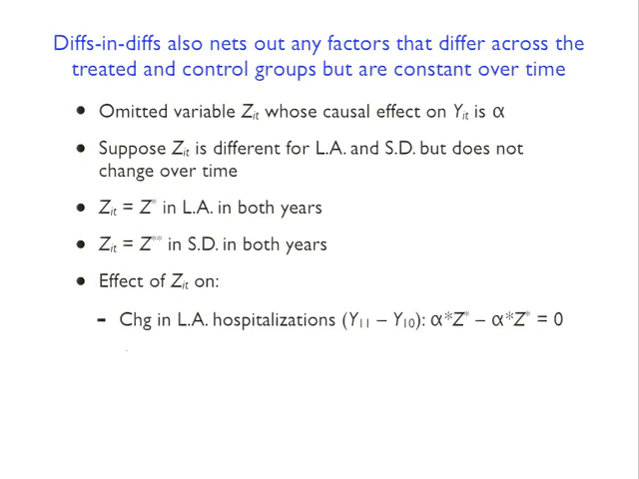Likewise, in San Diego, it's the same story, but now it's alpha times Z star star instead of alpha times Z star. But again, since traffic is the same in San Diego in both 2009 and 2010, it's contributing the same to both of these quantities, both Y01 and Y00. And so it again nets out when you take the difference between the 2010 outcome for San Diego and the 2009 outcome for San Diego. So it's still going to be contributing nothing to the change in